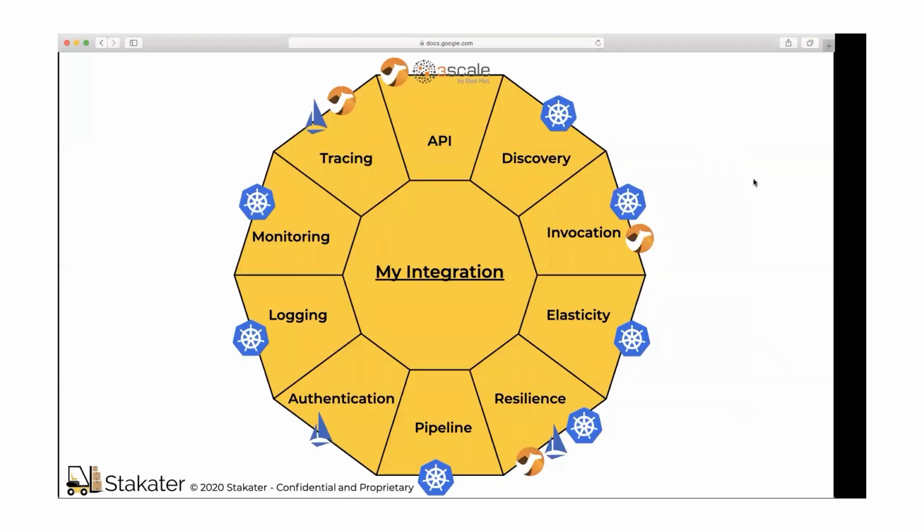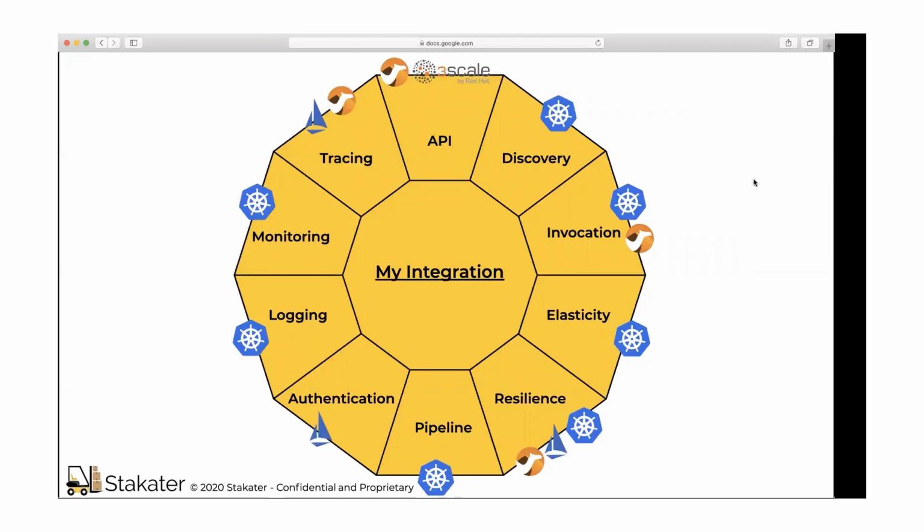So if you ask how my integration would look if I start using these tools and technologies, this is the diagram I would typically show. Your discovery for integration will be handled within Kubernetes out of the box, invocation also Kubernetes and Apache Camel, elasticity by Kubernetes, resilience by Kubernetes and Apache Camel. The pipeline you can run in Kubernetes.